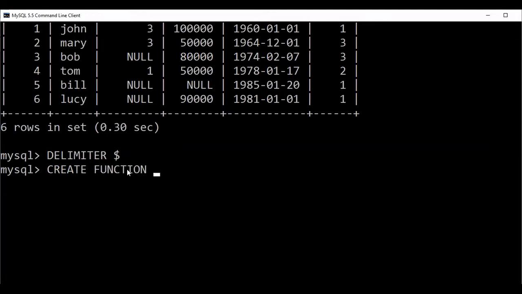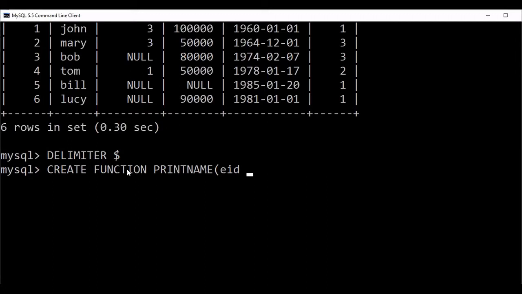Be careful and listen. I'll share the recording. Okay, create function. What is the name of the function? Print name or display name, anything you can write. It is up to you, a user defined function, and it is receiving what? An ID as an in parameter. I have given the name as EID. No need to specify in, because by default a function's parameter is in.